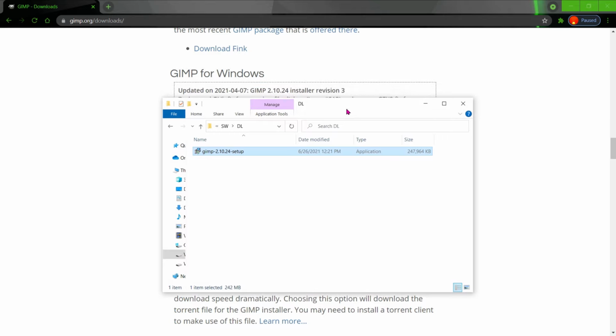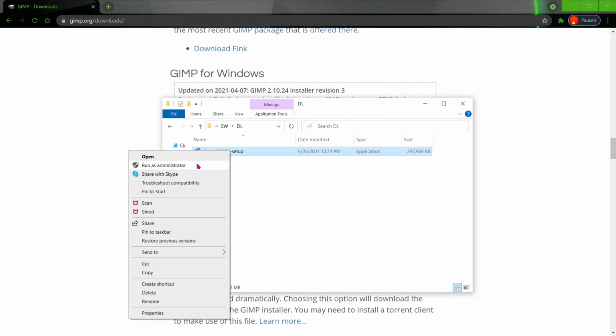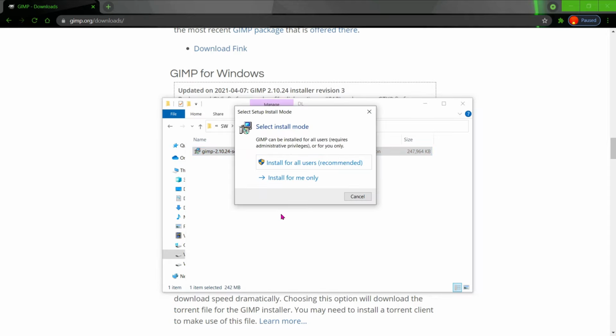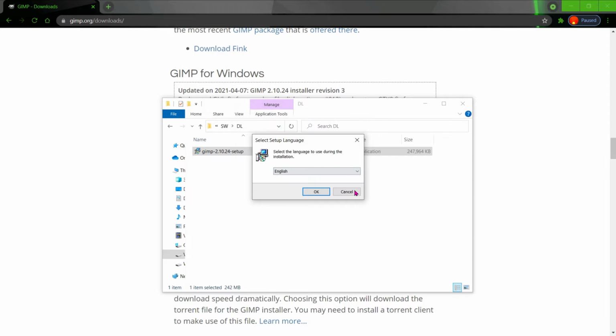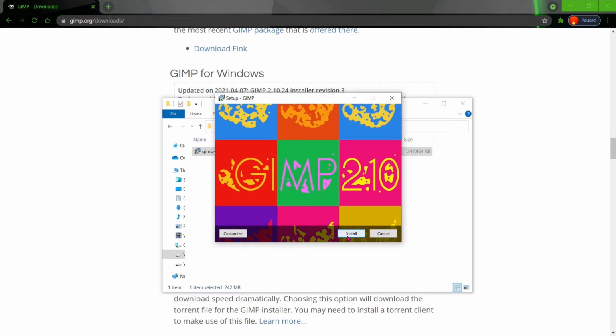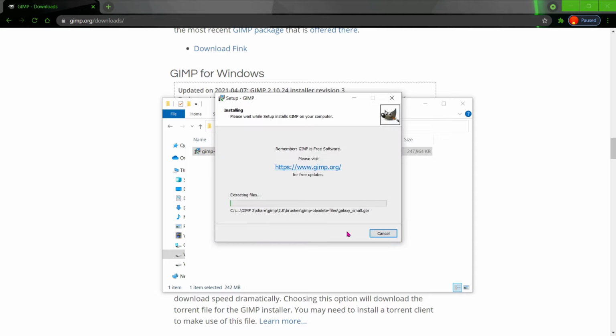Once it is downloaded, you just need to click on it and run as administrator. It will ask for permission. Choose install for all users, English language, and then click on install.